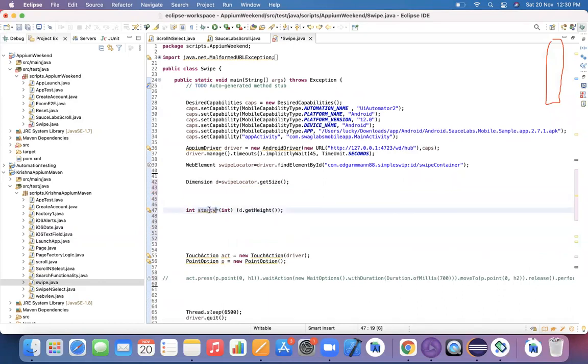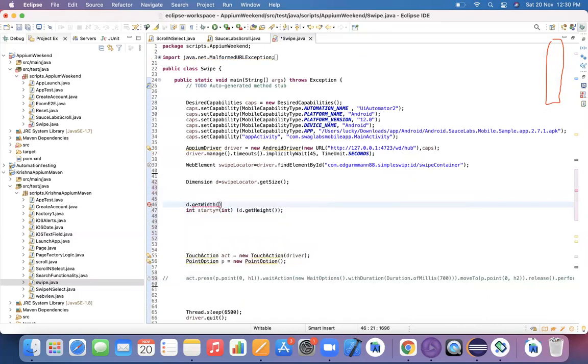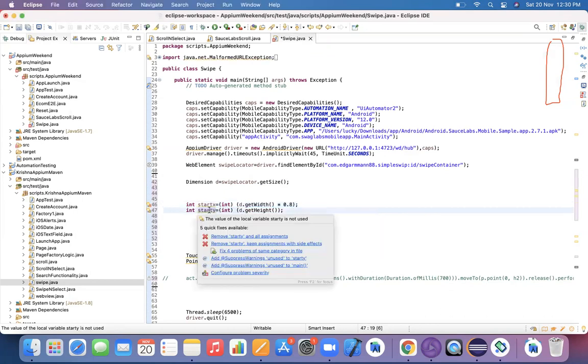So startY should be the height. And the width, I'm multiplying with 0.8 and storing it in startX. This is the starting x coordinate that I'm specifying, and this is the y coordinate.